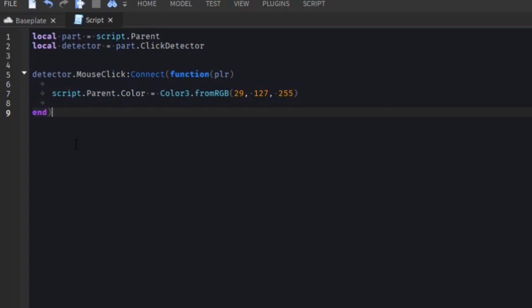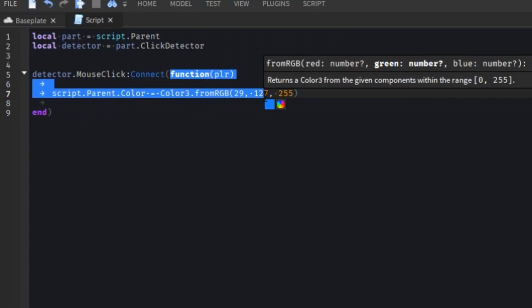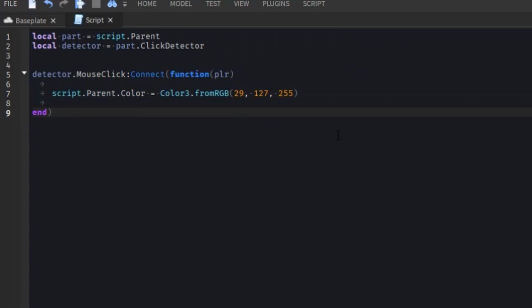So that's really how click detectors work. Nothing too complicated. Events aren't really too complicated, right? They just execute the code inside the function. So another thing I should go over, I guess, is nesting connections inside of